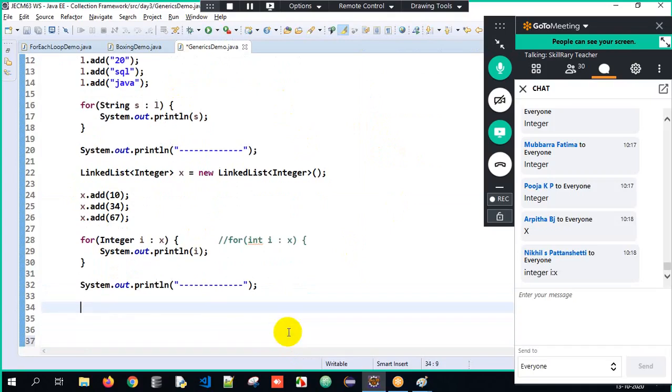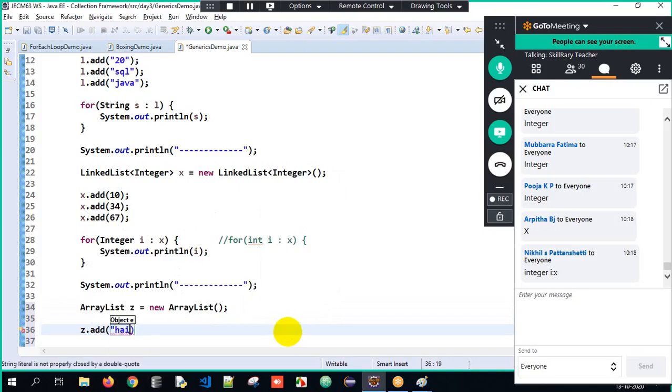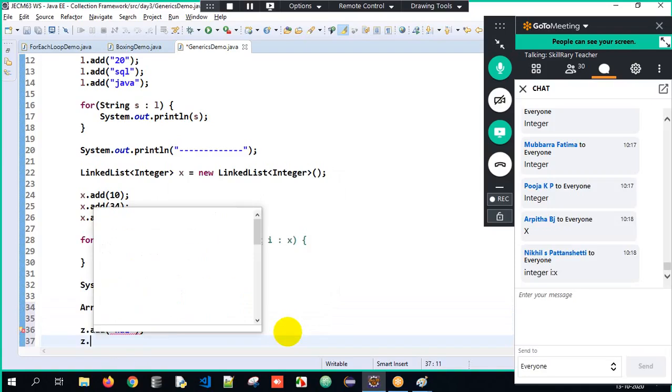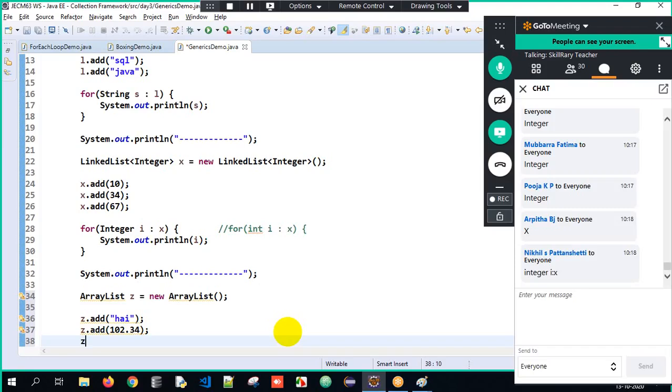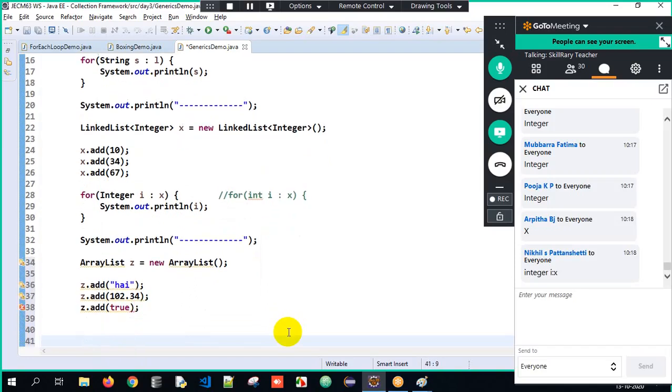Now, concentrate. Here I'll give you one more last example. ArrayList z equals new ArrayList. I create an object of ArrayList. Now I tell z.add("hi"), z.add(10), z.add(3.4), and z.add(true). So now you have created an ArrayList object in such a way that it can